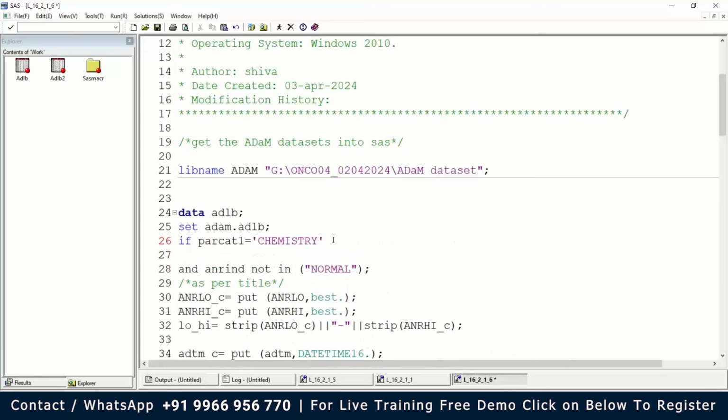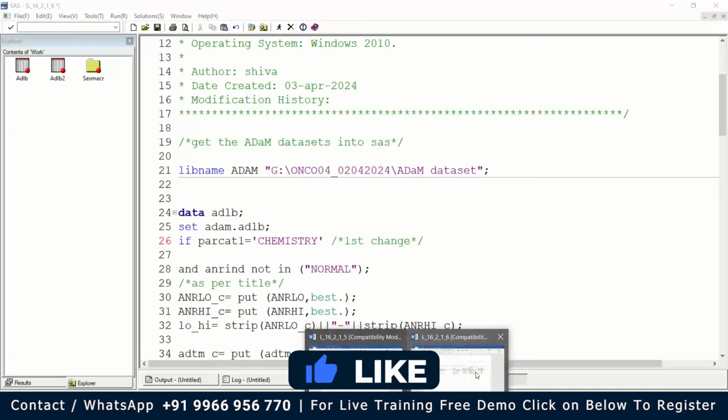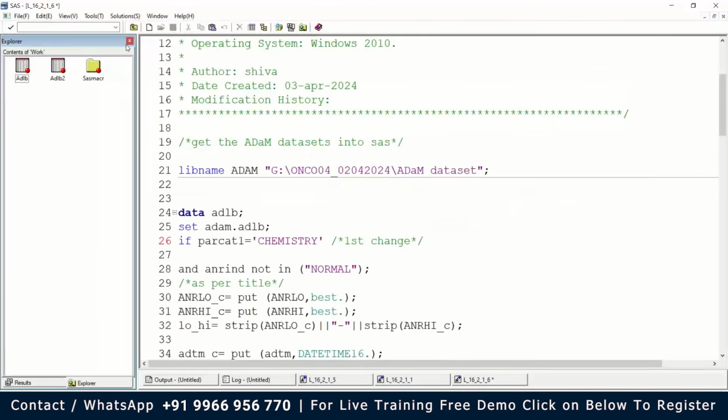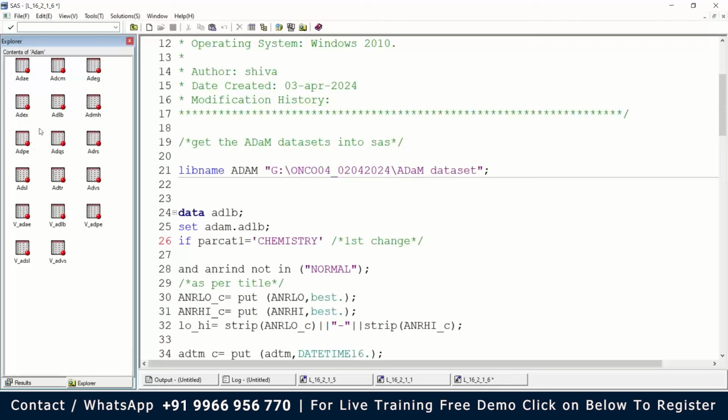For the second listing, they are asking for hematology related information. So instead of chemistry, where you added only the chemistry values,